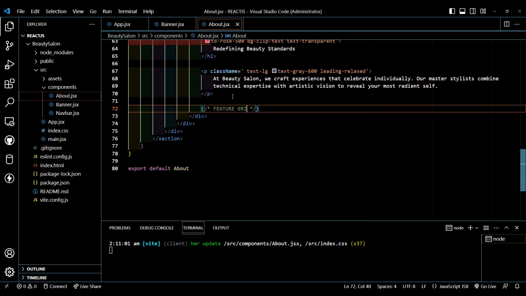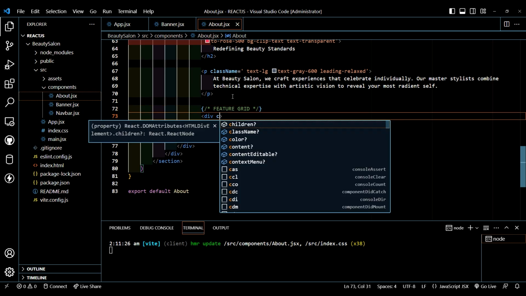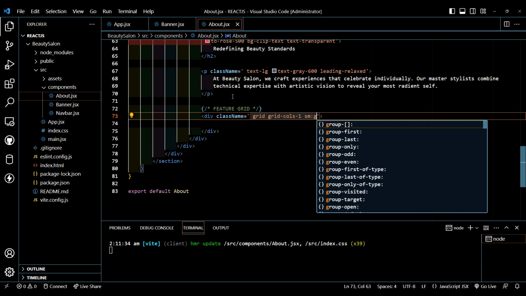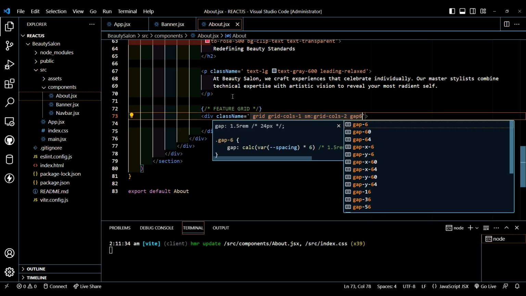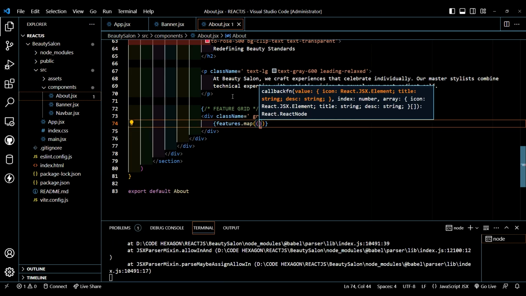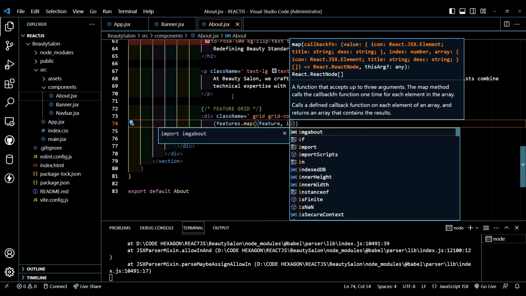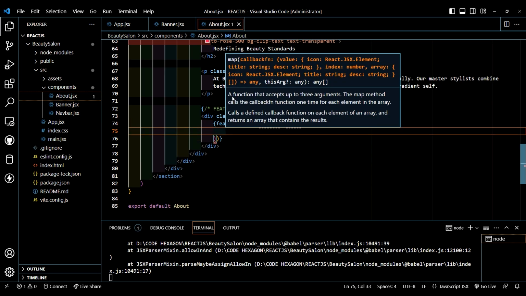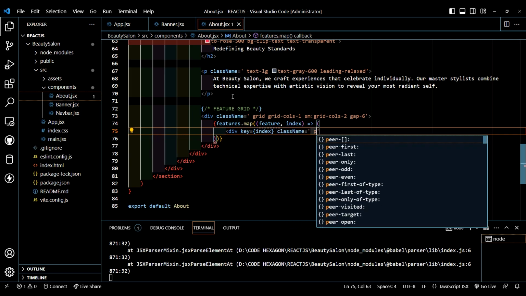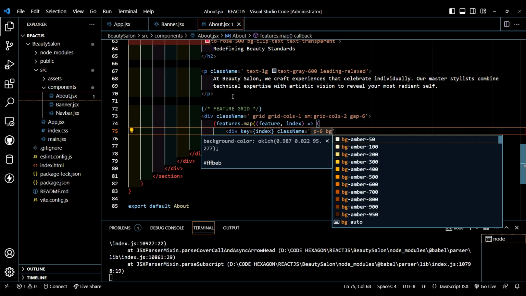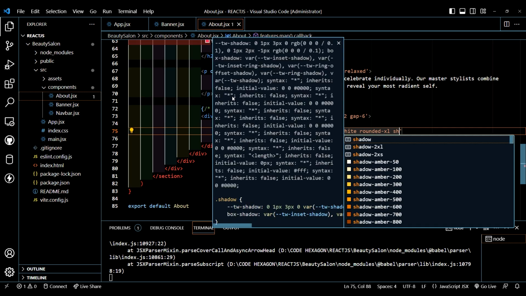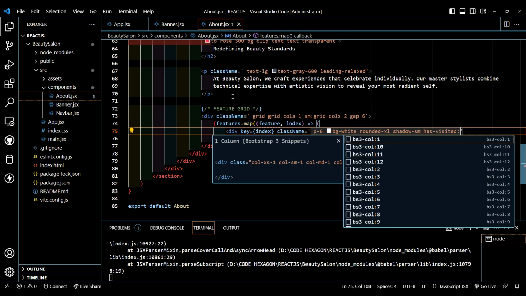Then after this let's create feature grid. Let's type div, give class name, grid, grid cols 1, for smaller screen grid cols 2, gap will be 6, type features.map, here type feature comma index, create an arrow function. Let's type div, give key will be index, class name will be, padding will be 6, bg white, rounded xl, shadow will be sm,